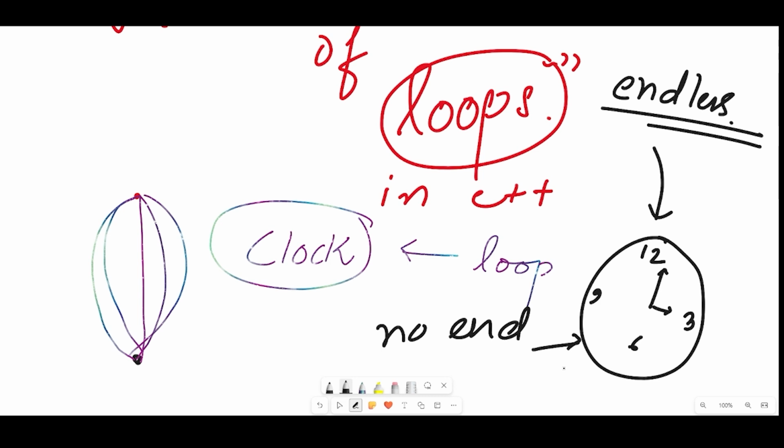These kinds of loops are also there in C++. But the best thing about loops in C++ is that we can control them. We can stop them whenever we want. We can make them run till where we want, and how we want. Then they will do some operations very fast rather than us doing them manually, which would be time consuming. And that is the reason we use loops.